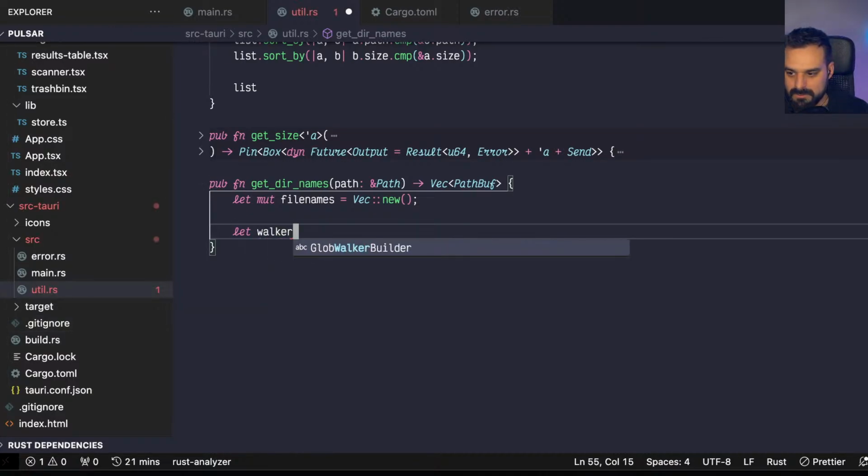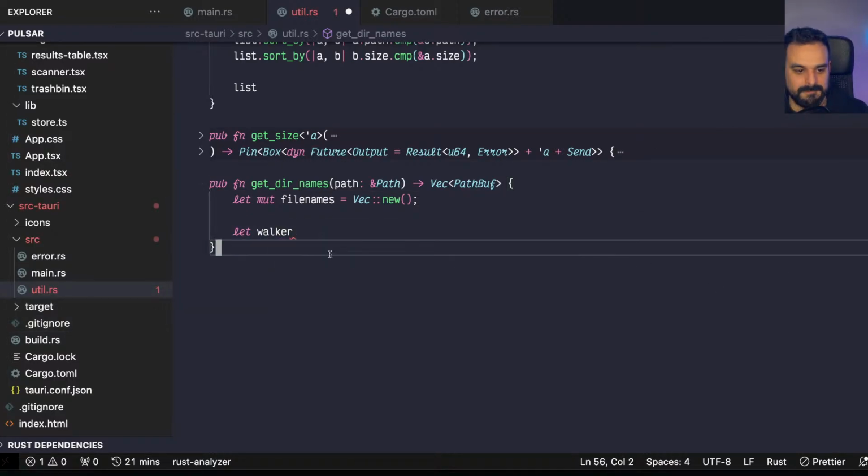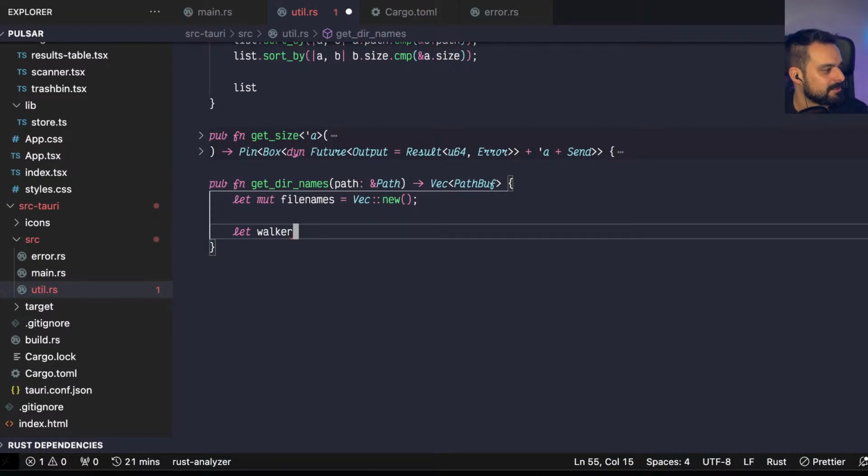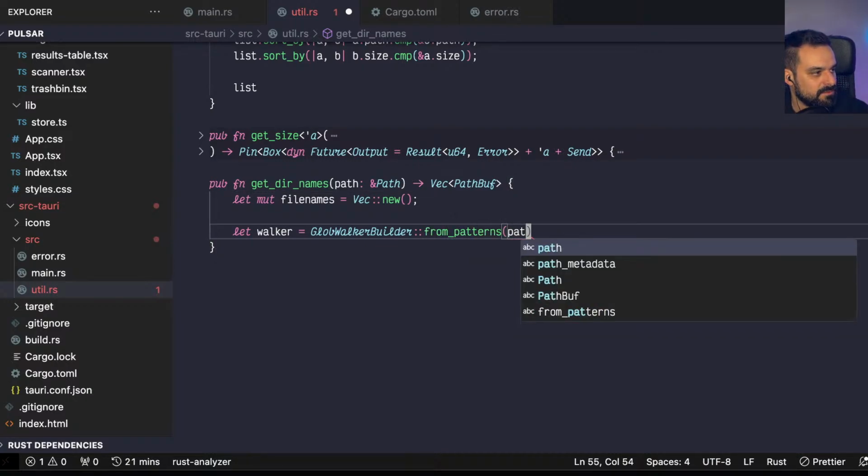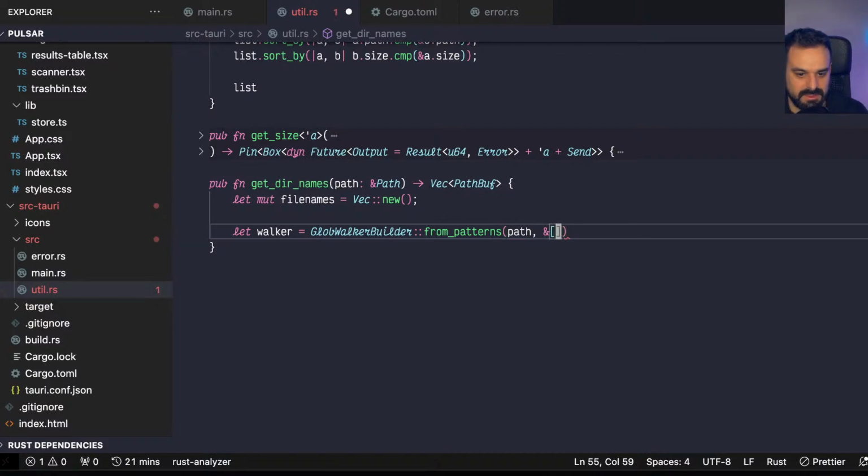Now we're gonna create our walker, our little Jedi. I like that. I like that a lot. Glob walker builder, and then we're gonna get from the patterns. We take first the path, and then here's the thing. We're gonna make this very ugly looking blob that doesn't